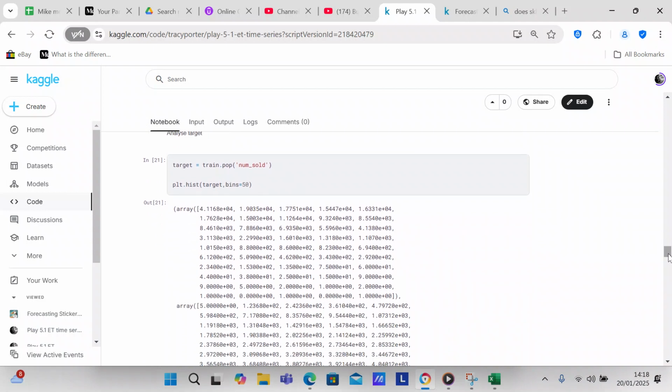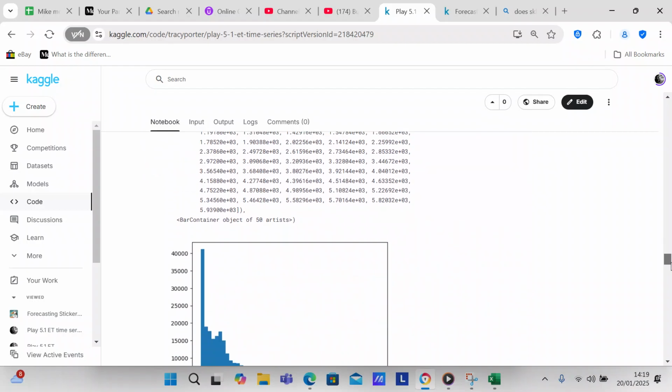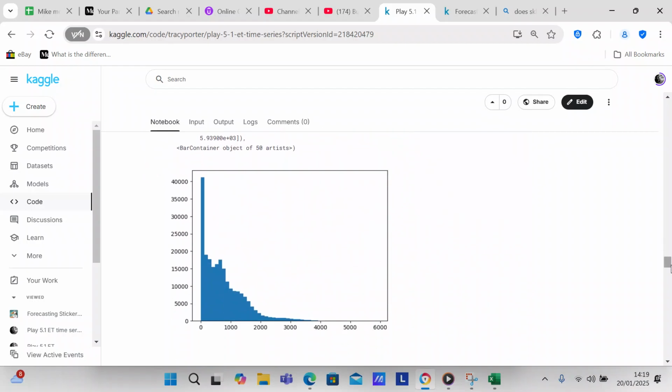So now I'm going to analyze the target. Target equals train.pop num_sold, and then we're going to make a histogram of that, and we're going to have 50 bins. So this is the histogram of the target. You can see that we have more items of 0 than any other.